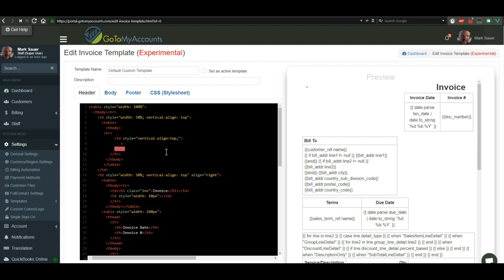Maybe put, I'm not going to use an H1 because it'll put a lot of space. But let's say we just do a span style. Again, I'm just doing this because I want the company name to be bold. And actually, I could even just do that with a strong tag. It's easier. If you really want to get more into this, you can use the CSS. But let's just say, ABC company. Now you see that is rendering out